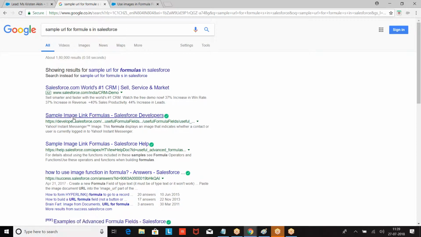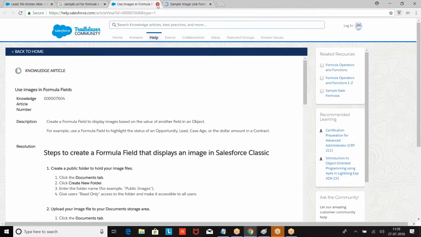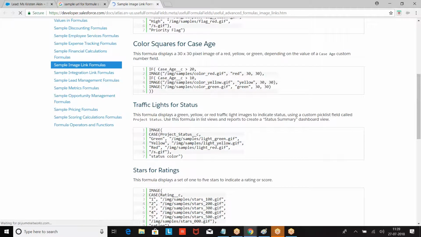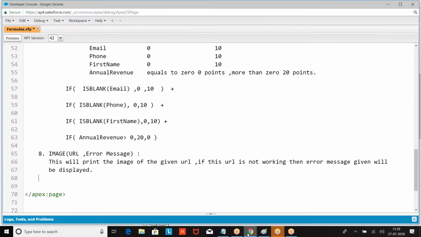Now, yeah, look at this. I'm taking a sample URL and trying to print it. First, let us take a quick example. We'll understand this. We'll try to print this, then I'll go for my scenario.